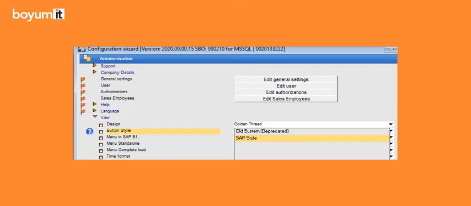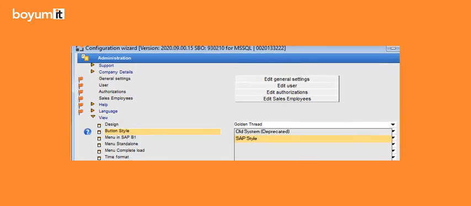Please remember the settings of the button design and that the SAP style is a new default. If you'd rather use the old Beas style, you can always change it in the